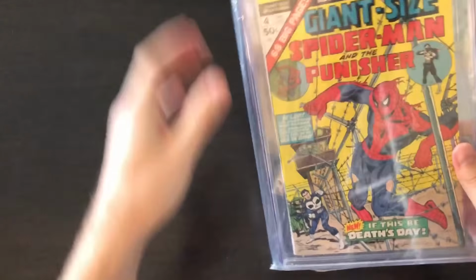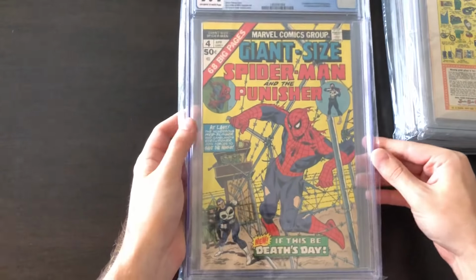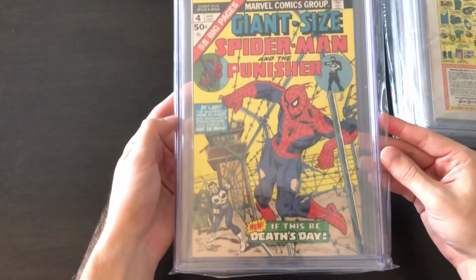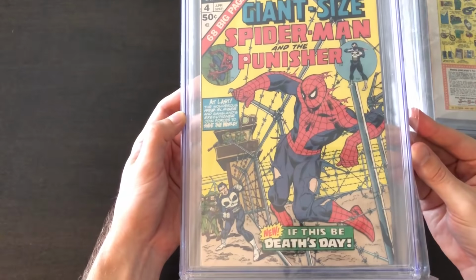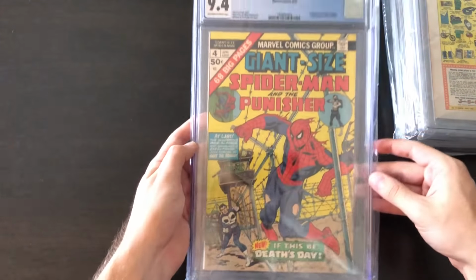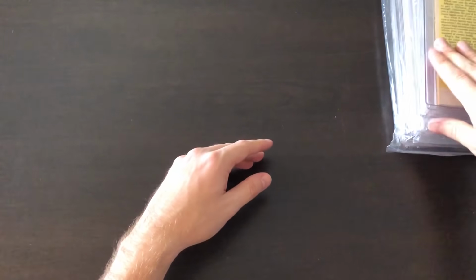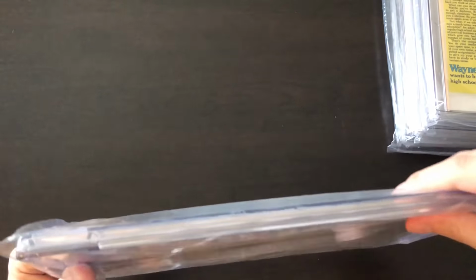Up next is, speaking of Punisher, I think this is the third appearance of the Punisher. Cool Bronze Age book. High grade. Oh, yeah. Well, no, this book's probably